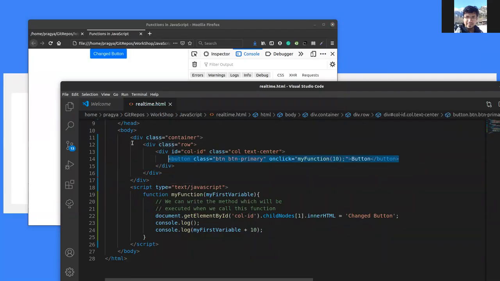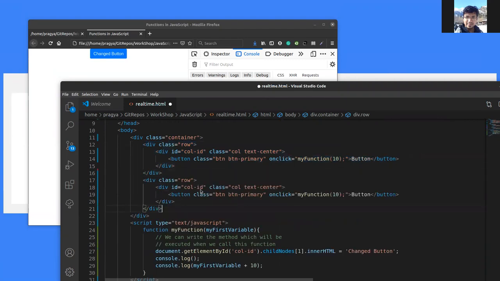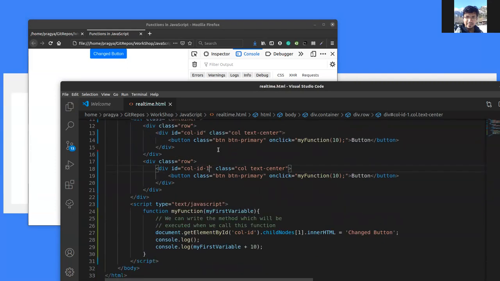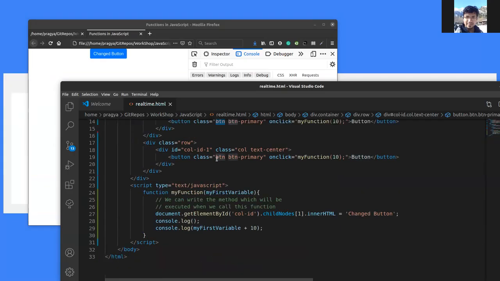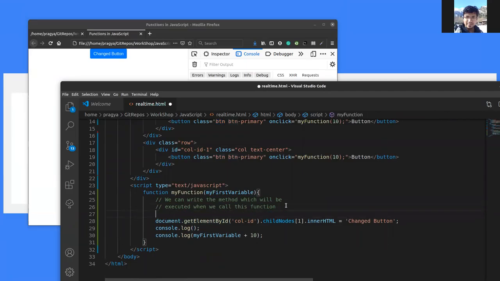So let's create two buttons. Keep in mind that never should two elements have the same ID. Otherwise, it can lead to weird behavior in the browser. So let's put an ID, call it ID 1. Let's say we want to access all buttons which have the class btn. To do that, there is yet another method, and that's